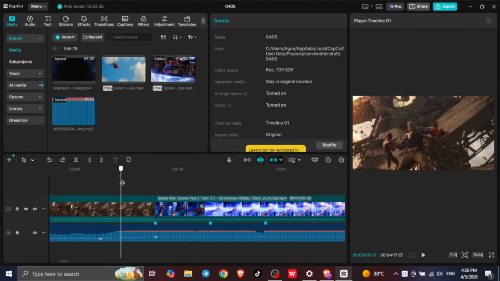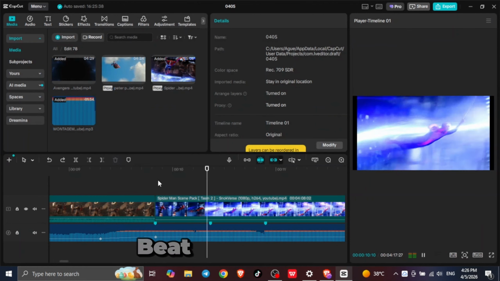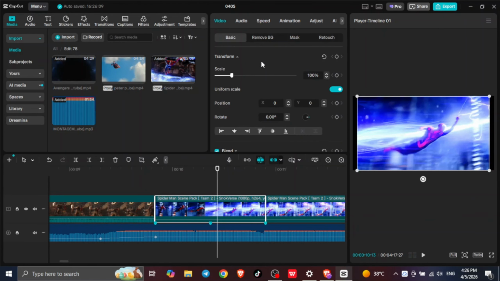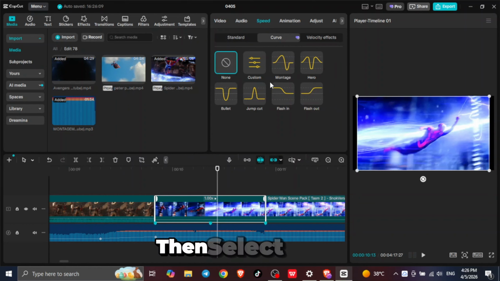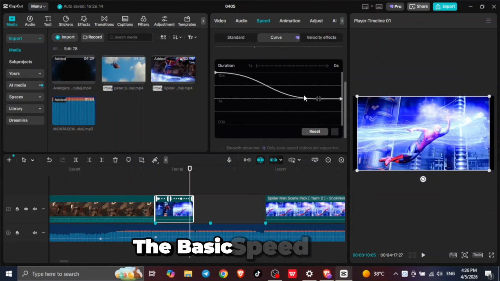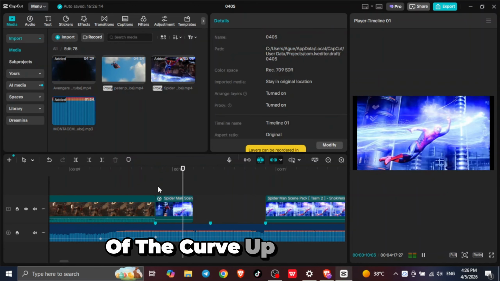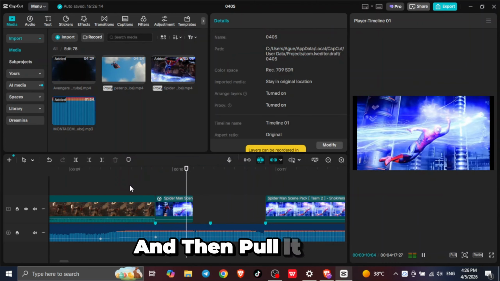First, we have to get our speed right so the clip matches the funk beat. Bring your clips onto the timeline. Click your clip, go up to the top right, and click the Speed tab. Then select Curve. Don't just use the basic speed slider. You want to use the custom curve graph. Drag the start of the curve up so the clip plays fast, and then pull it down right where the